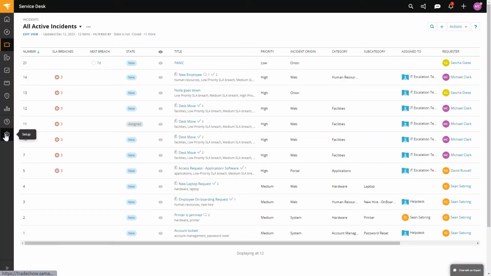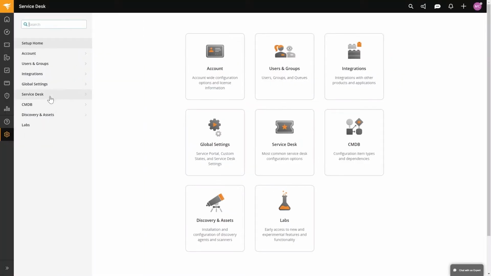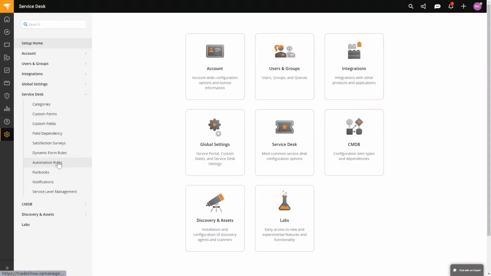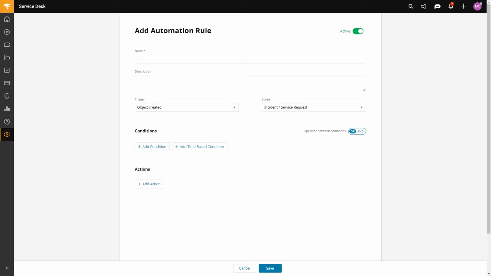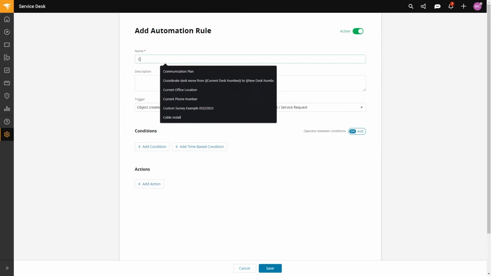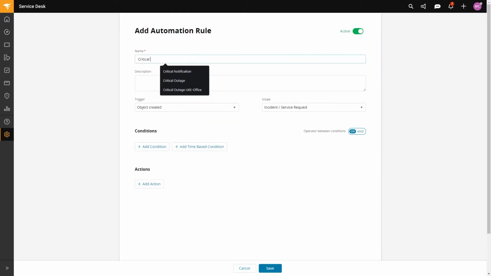We'll click into Setup. We'll go into the service desk and automation rules. And then we'll click the plus sign here in the top right, and create our rule. We're going to call this critical down. And that's our device. So we're looking for an object created of a ticket.